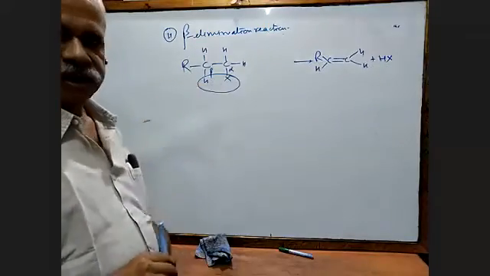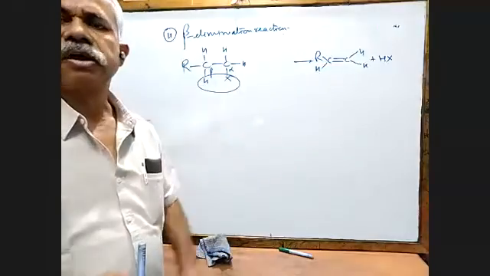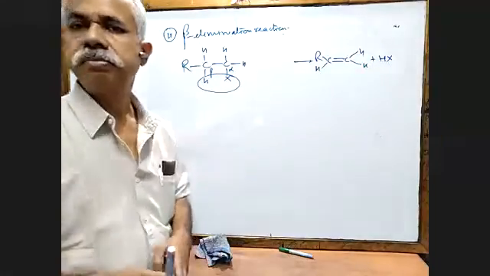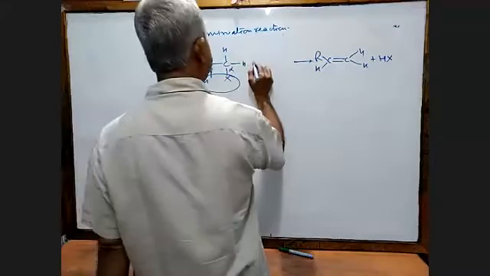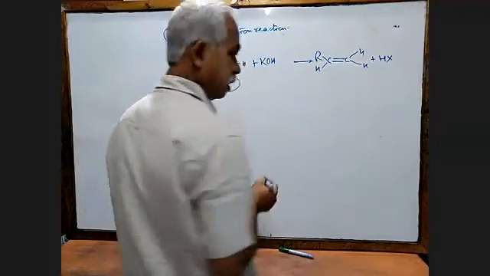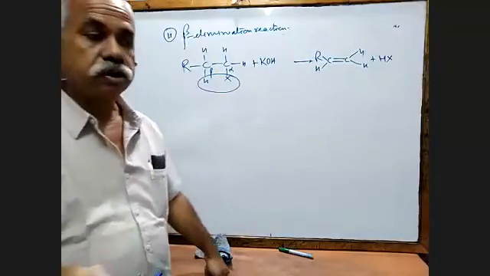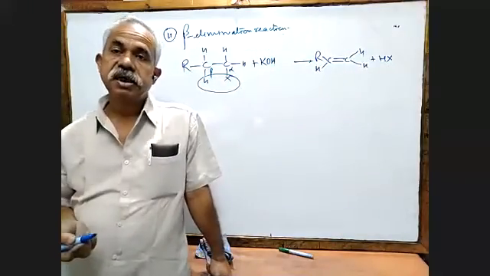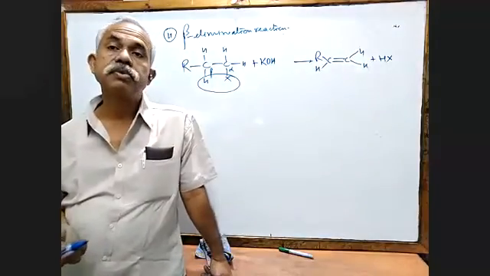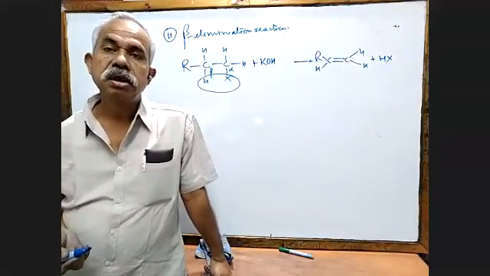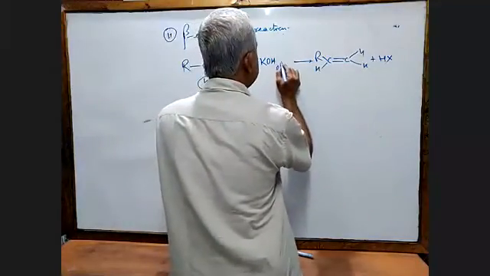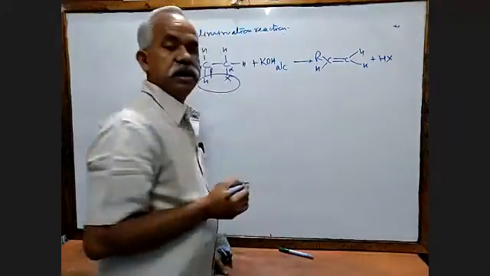See, HX: HCl, HBr, HI. We know they are all acidic. So how to remove acid from a molecule? Obviously, I have to use a base. So if I use a base, please see here. Again, here I use potassium hydroxide. In the first case, I told you the potassium hydroxide is acting as a nucleophile, and in that case, I'm going to get alcohol. So in this case, what do you do? We make a solution of potassium hydroxide in ethanol.